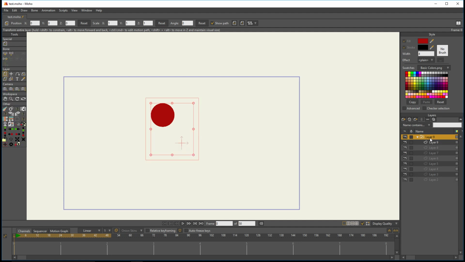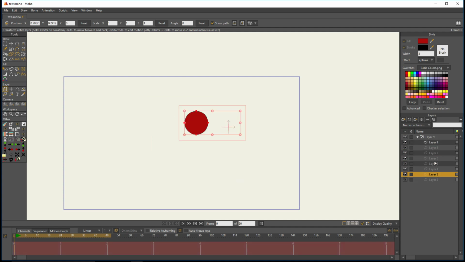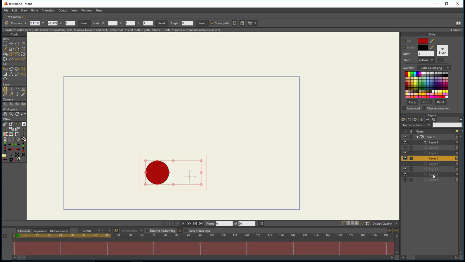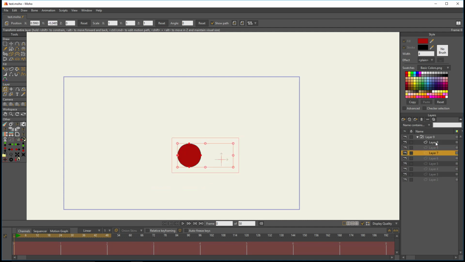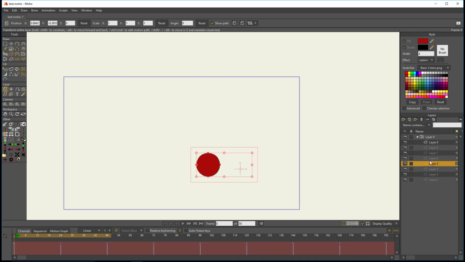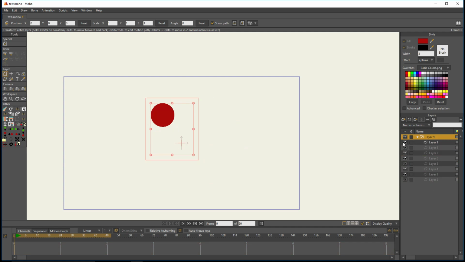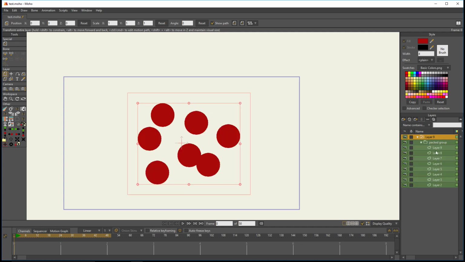you have a situation where from time to time you have a lot of stuff inside of a switch layer and you want to be able to see it all at once. This is something I find a lot of people complain about. You want to be able to see everything in the switch layer at once, and then when you're done, have everything go back to how it normally was. We now have a button that does this. If you have the switch layer selected, like this right here, you'll see this new icon called switch view. If you click that, it'll create this group within your switch called packed group,